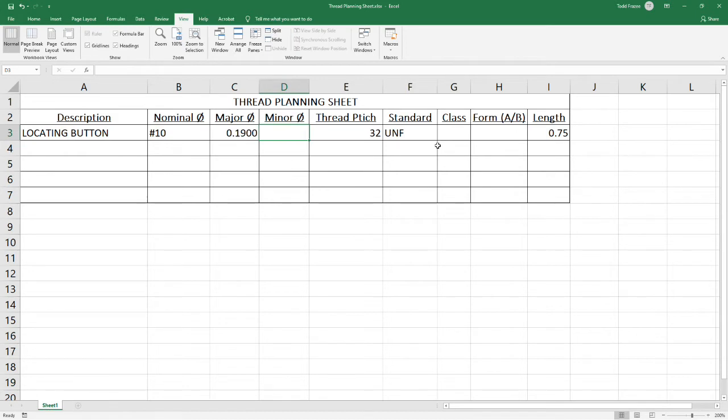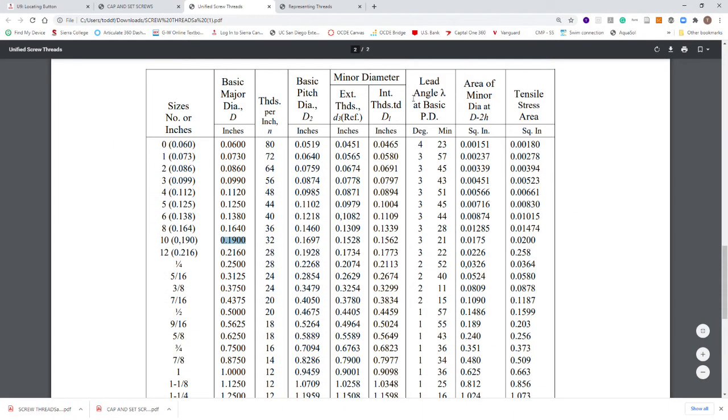And now we need to go look at our chart for the minor diameter. So we're going to go over here and we're doing an external thread. And we cross-reference over. And it's 152 thousandths 8 tenths.